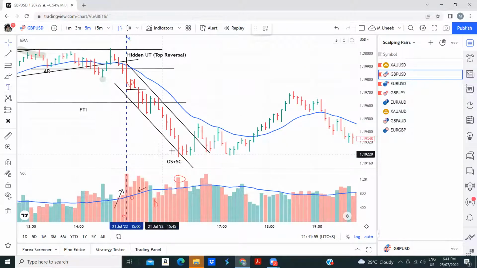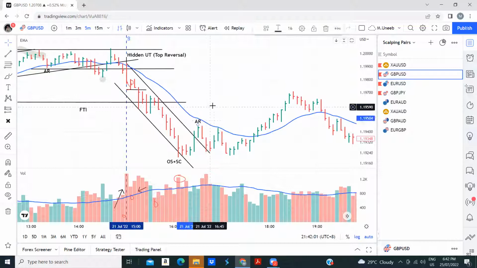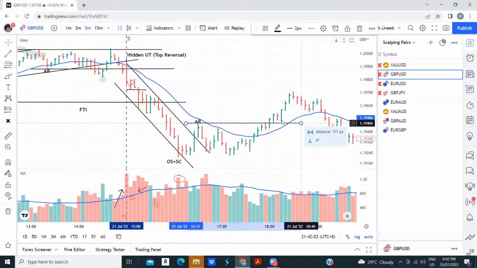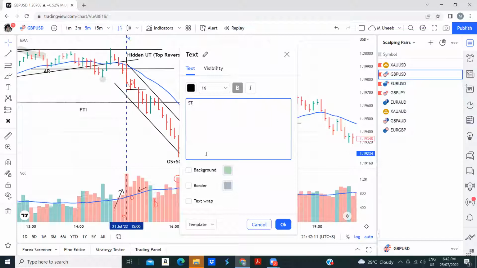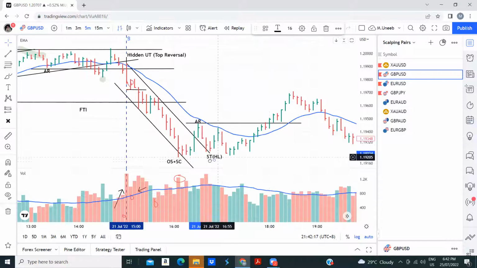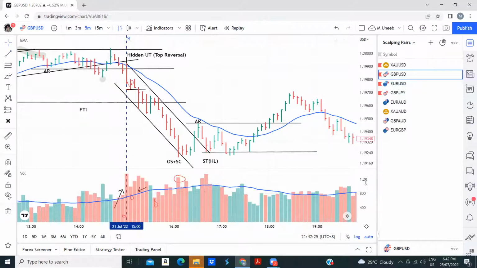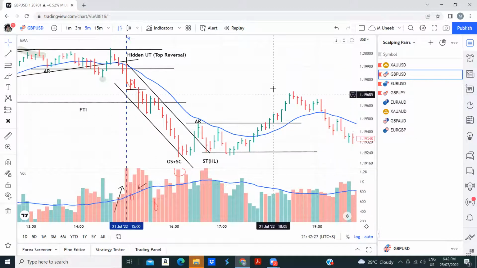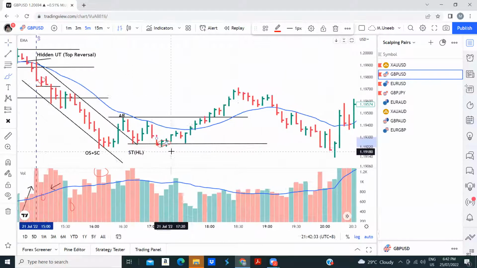And now once we have oversold, what do you have there? This becomes what? AR, right? And when this becomes AR, what is this? Secondary test. Secondary test on what? Higher low. I told you whenever there is a secondary test on a higher low, you are going to draw another trend line from here. And now what do you see? We have another what? What is this? No demand.